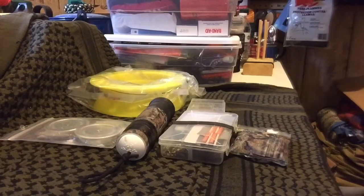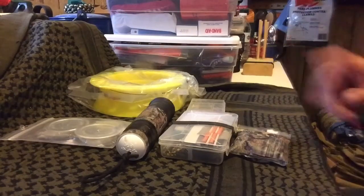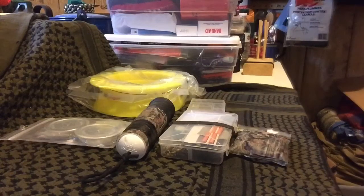And what he wants to see is our emergency or survival fishing kits. I have a couple things here on the table that I take with me, always have on me, or are always in my pack. But before I get into that,